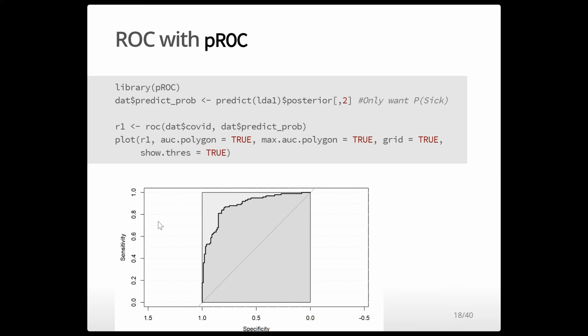So essentially, if we go all the way into the extreme and say, I want my specificity to be perfect, that's on the left side, I want to classify everything as a negative,